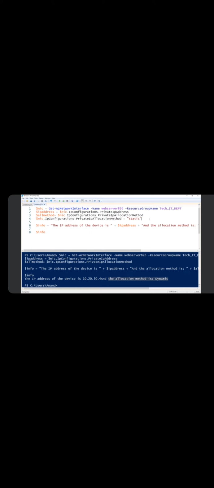To do so, I will say Set-AzNetworkInterface. Okay, that picked up with auto tab completion. Set-AzNetworkInterface with the name network interface, which is $nick. So I've got all the $nick information inside the $nick variable, right? Because $nick is a variable that has all the information about the network card called webserver826. So if I say Set-AzNetworkInterface with this information, okay, let's go ahead and execute this